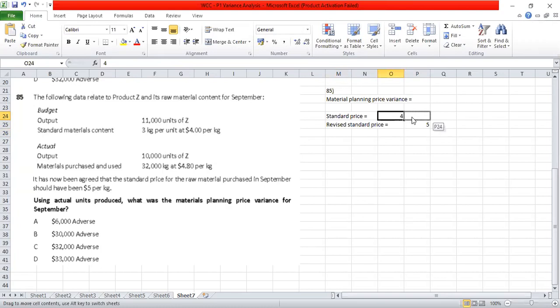So the variance will be between 4 and 5, because it is at the time of planning itself that there was a variance. So we need to take the difference between 4 and 5 and apply it for the